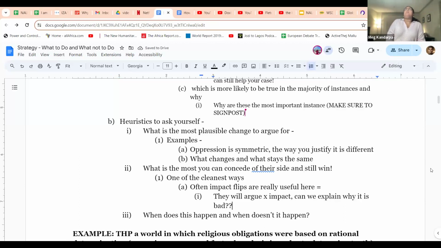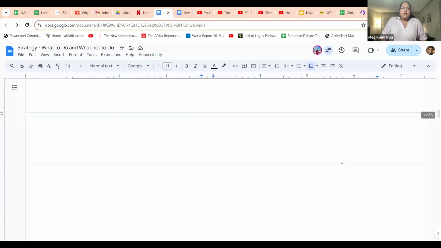An example, I can't think of any motions that we're not setting for NAUDC, but like: this house believes that the environmental movement should advocate for corporate change, like forcing corporations to shift their behavior versus individuals. Let that be the case. If opening government is going to lament about why corporations are bad,